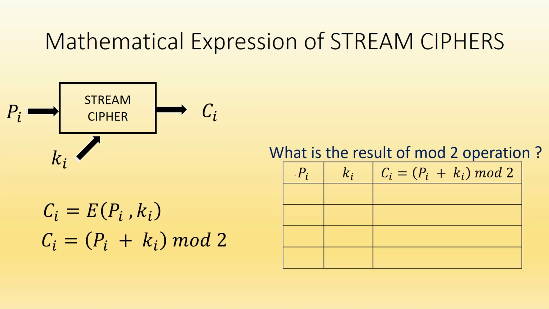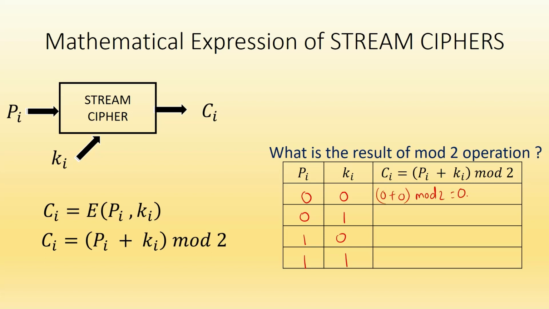Since stream cipher processes the plain text bit by bit, Pi can either be 0 or 1. Similarly, the Ki bit can either be 0 or 1. So the total number of combinations will be 4. So it could be 0 0, it could be 0 1, it could be 1 0, or it could be 1 1. So if you do 0 plus 0 mod 2,